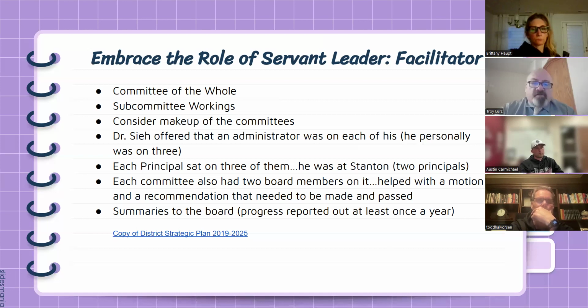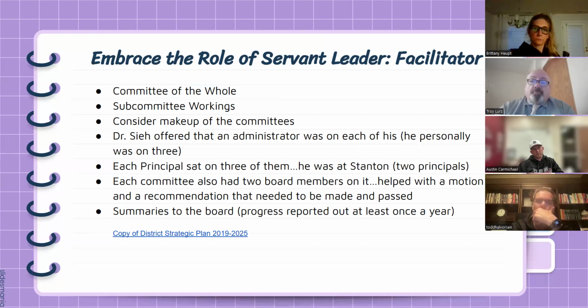One last thing is I think we have to remember the size of the district matters too. 100%. Gretna, Columbus, schools that are larger than, I think Stanton is not substantial. So he had basically three administrators. So if he has nine committees, of course they're going to be on three groups. I mean, he's going to differentiate it that way. However, Gretna might have nine administrators, so they put each of them on a specific committee based on their skill set. I don't know what it looks like, and I think it really matters on the size of the school system.